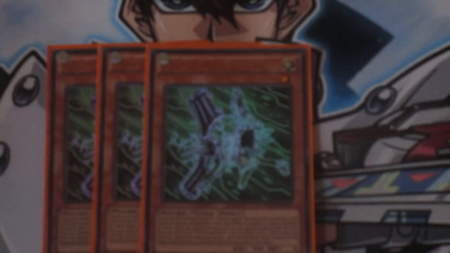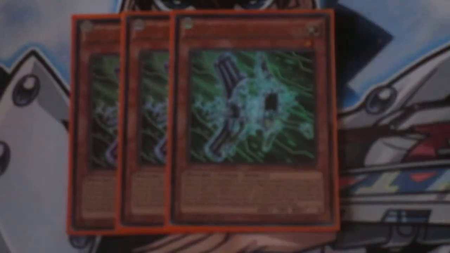Which means you're going to be exposed to a lot of direct attacks. Beta actually turns around and helps you deal with that because it destroys an attacking monster and then it ends the battle phase. It's not a bad effect. I do happen to run a trap card that actually does it just a little bit better because,